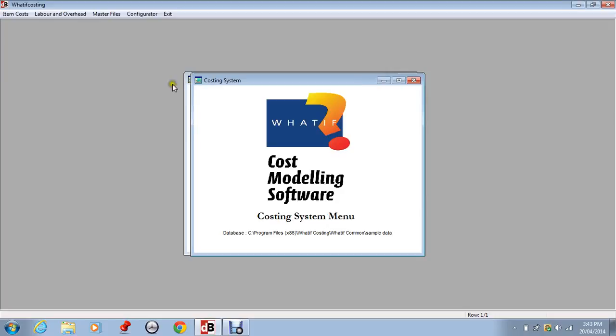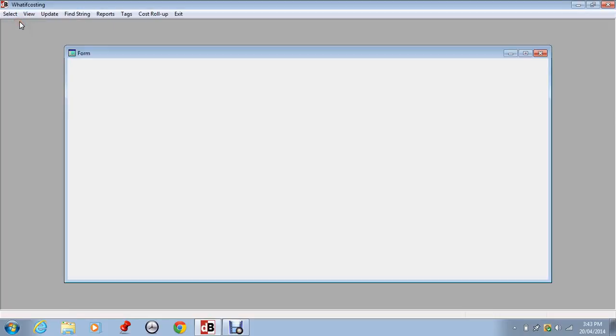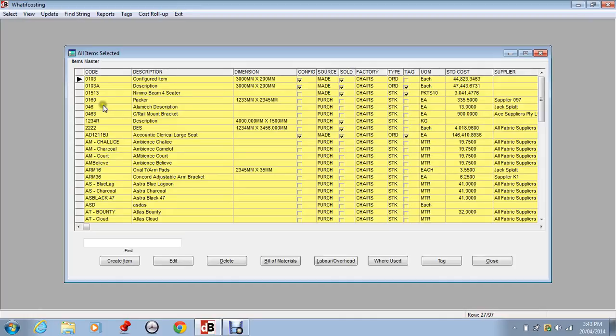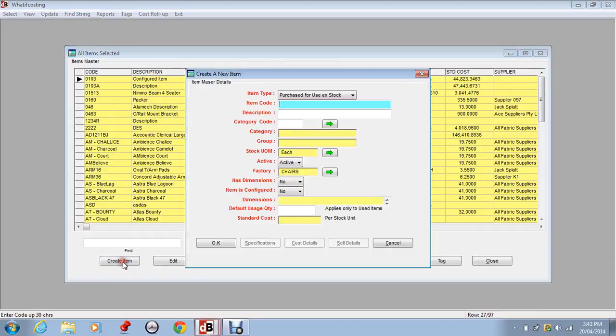From the costing system menu, click item costs and then item master. This shows all of the items in the current item master file. Click create item. First of all, we need to select the item type, and in this case we want to select a made for sale to order. Enter the code of the item, enter a short description,